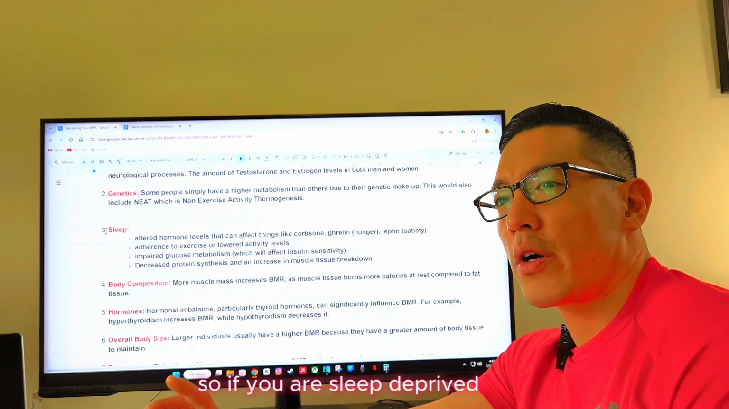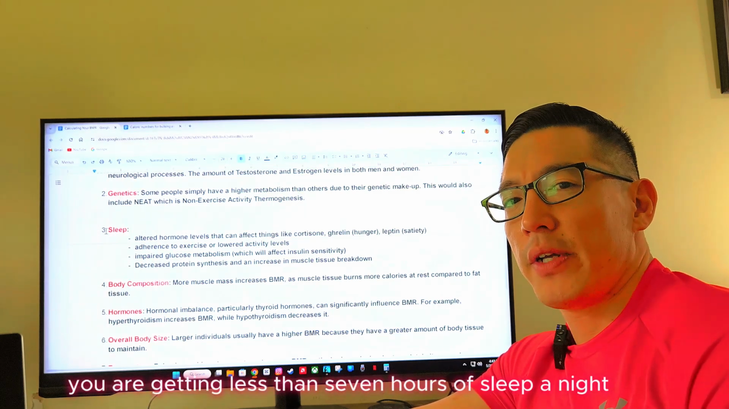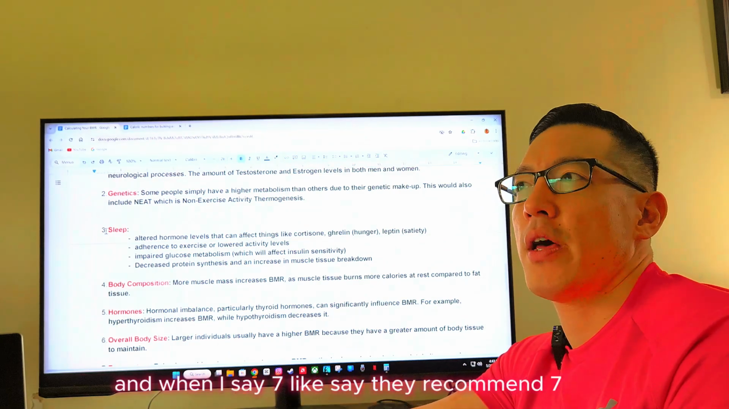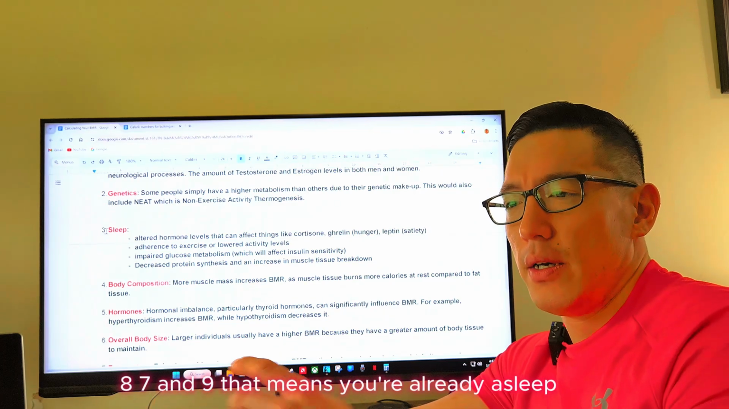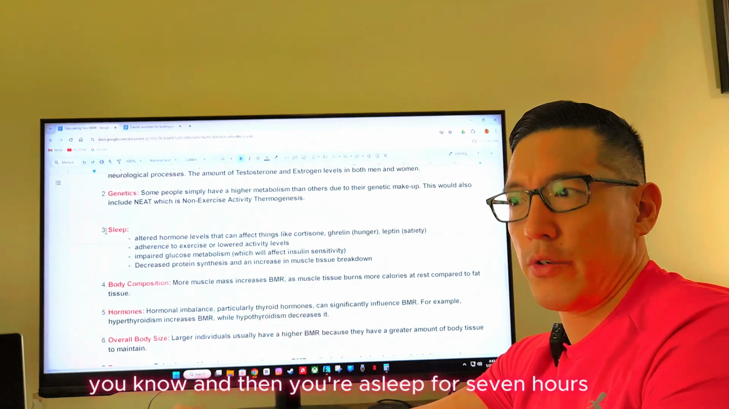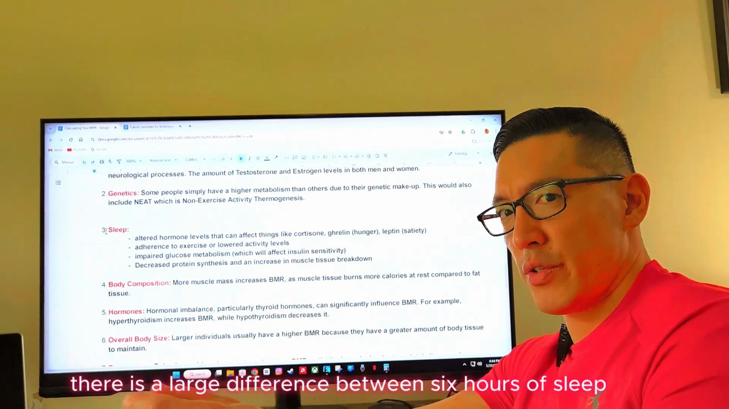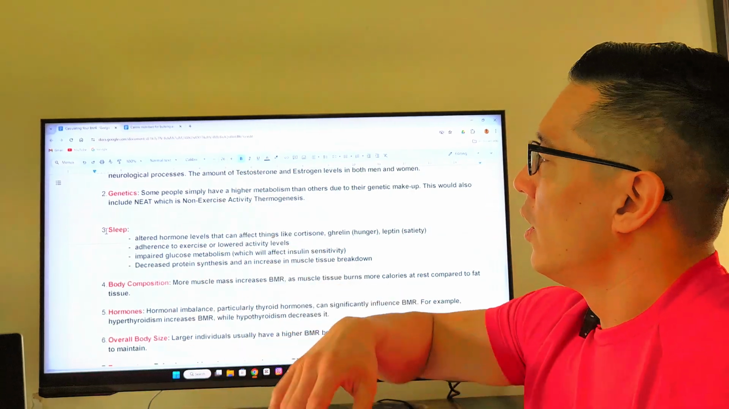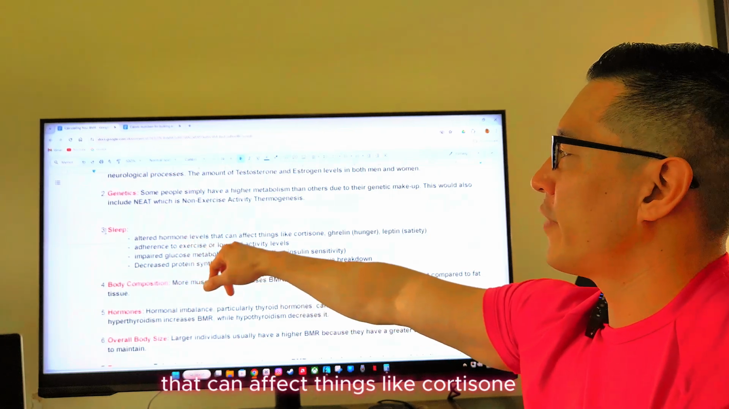So if you are sleep deprived, meaning you are getting less than 7 hours of sleep a night. And when I say 7, they recommend 7 to 8, 7 to 9, that means you're already asleep, and then you're asleep for 7 hours. There's a large difference between 6 hours of sleep and 7 hours of sleep, but for all intents and purposes, to keep moving along, lack of sleep alters hormone levels that can affect things like cortisol,